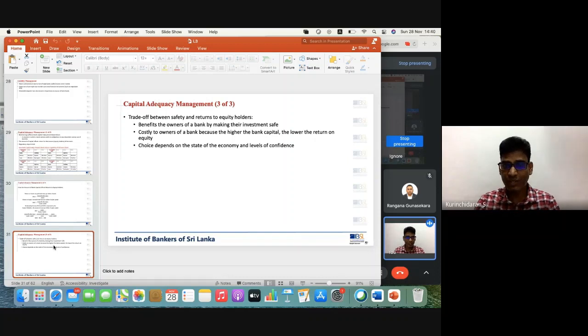If the economy is going very smoothly and you don't see any fluctuations, ups and downs, that means you're not going to lose that much. Of course, you can then think about the capital level: how much capital are you going to have? It's a basic question always discussed in ALCO. So it's based on safety or return, overall economic performance and confidence.